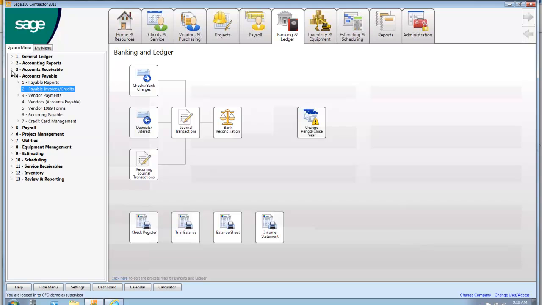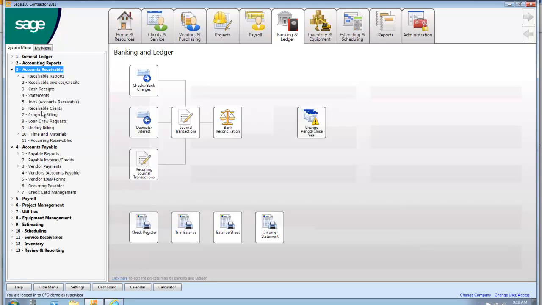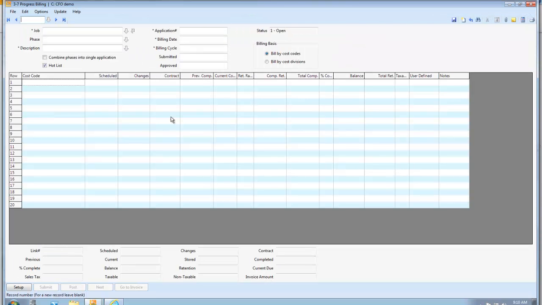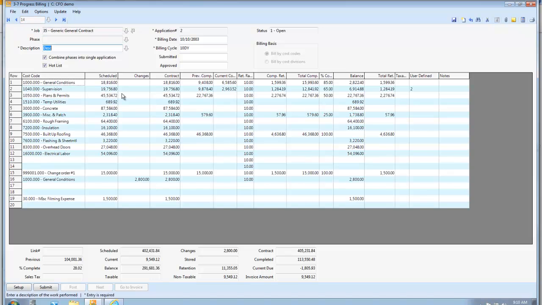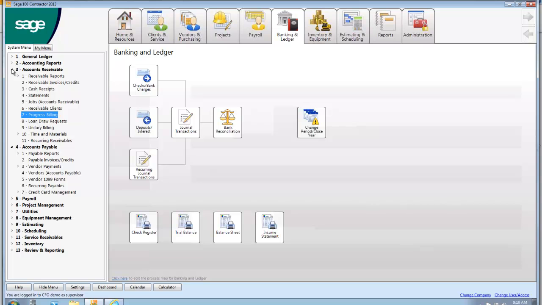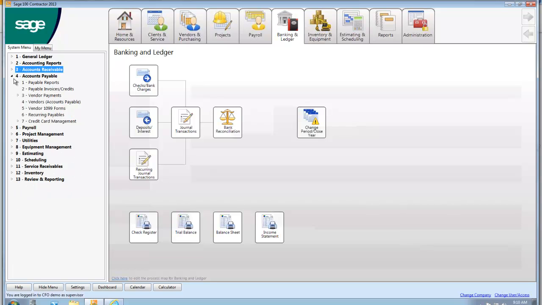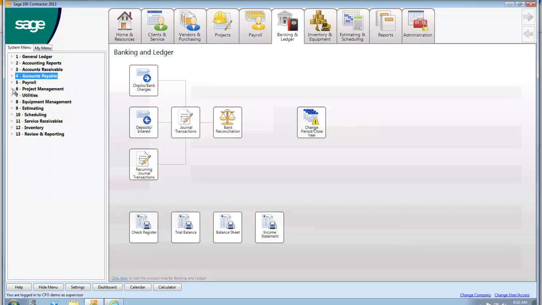Where we are different, though, and I think in a good way, is for billings, we actually can do the AIA 702, 703 progress billings in here automatically. We track lien releases automatically through the system. Full payroll. I know you don't want to look at project management, so we have full project management, but under